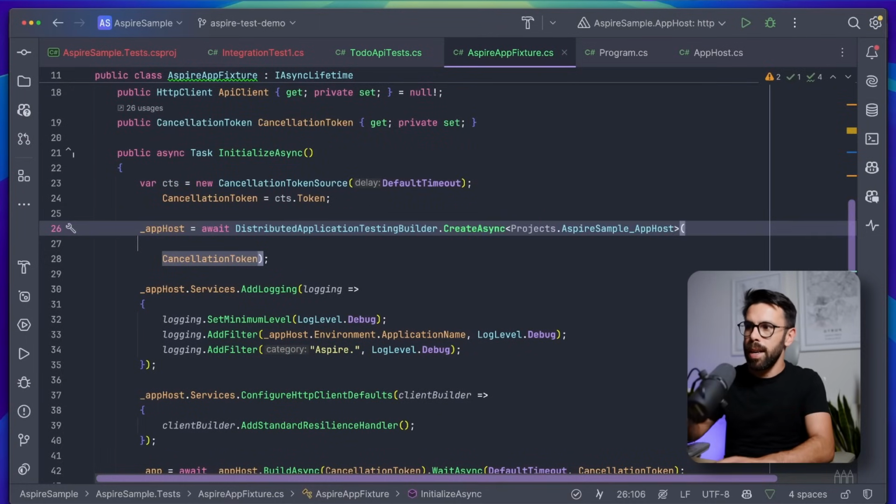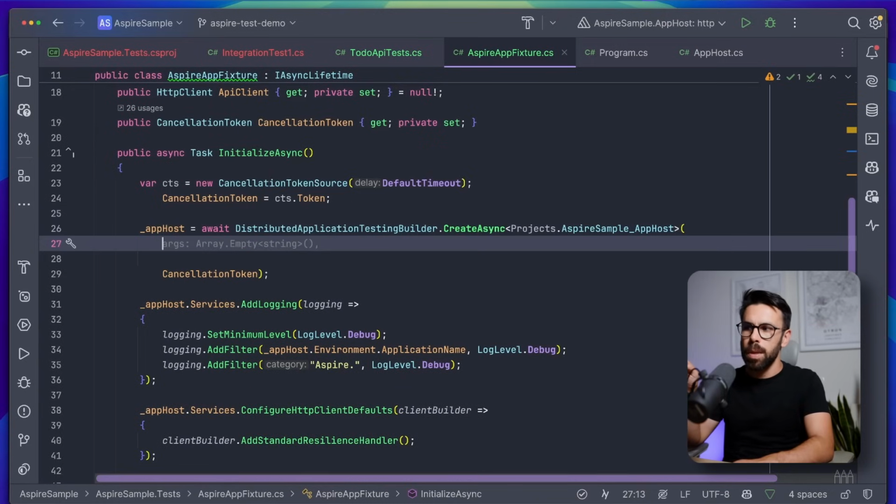As an example, when you do something like integration testing, it's common to take advantage of configurations or the environment to replace the configurations that you are using for a given resource, for example, for a given dependency. I don't think this is the ideal scenario for Aspire. However, there's the possibility to reach the same thing without using the same tools that you use with WebApplicationFactory. For example, here, when we CreateAsync of that project through the distributed application testing builder, you